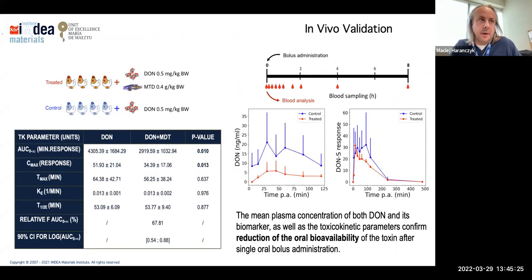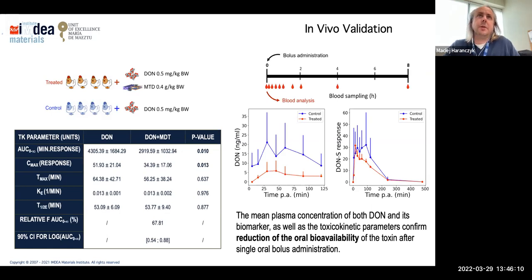And finally, there are the results of the validation of the best composition that we identified. We have in vivo experiments that involved eight chickens, and 4 of them were given this nanoclay composite and a toxin, and 4 of them were given just the toxin, and we were monitoring the amount of toxin in the bloodstream from the moment of administration. You can see on the plots that the ones with our material have a much lower concentration of toxin, confirming the good design.